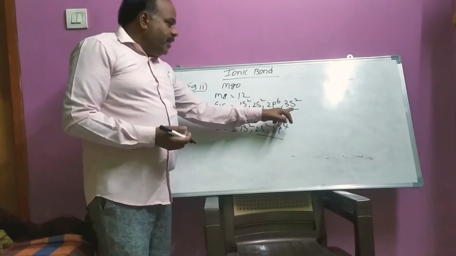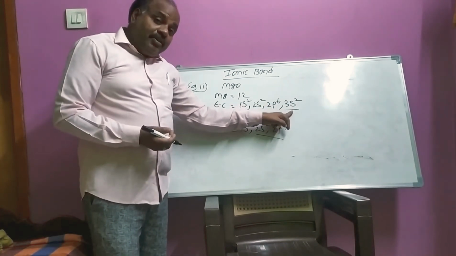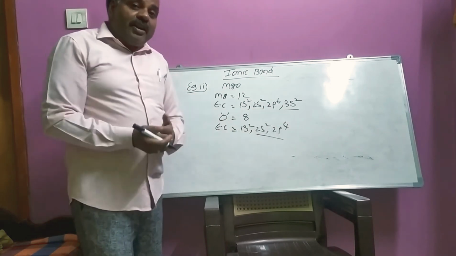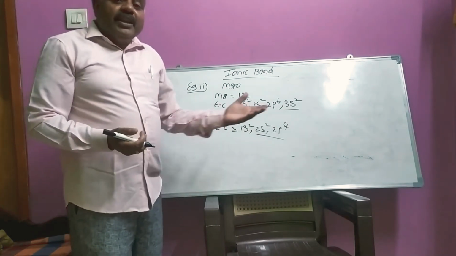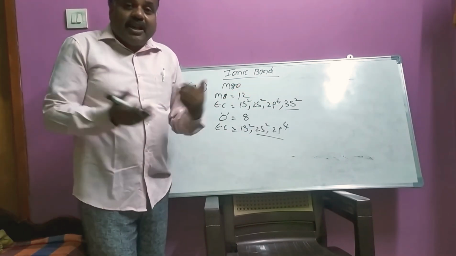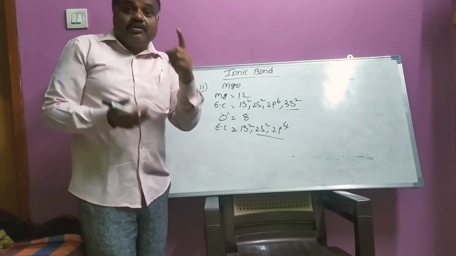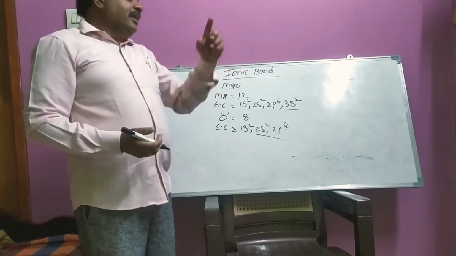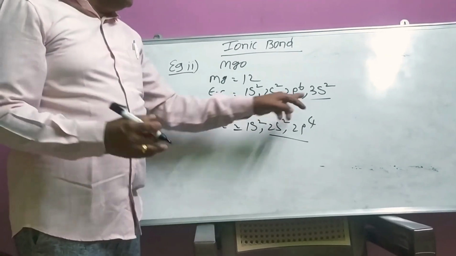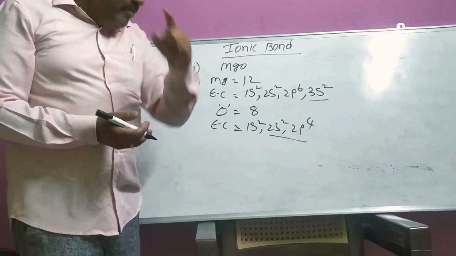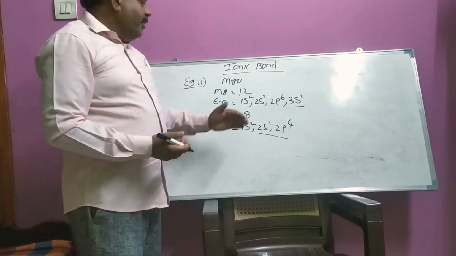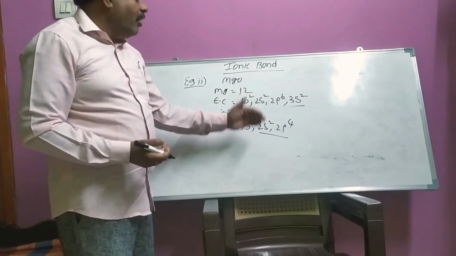Look here. Magnesium is having 2 electrons in its outermost orbit. So it requires 6 more electrons. That's why it requests all other atoms to give 6 electrons. But no atom shown interest to give 6 electrons at a time. That's why this magnesium loses and transfers these 2 electrons. Immediately this oxygen requires those 2 electrons. That's why bond is formed between magnesium and oxygen.